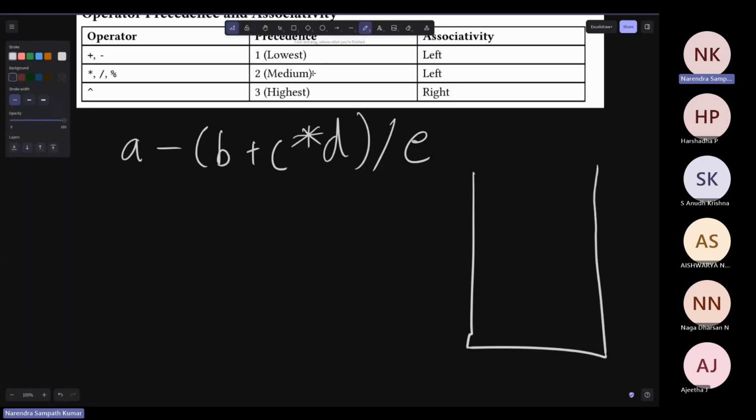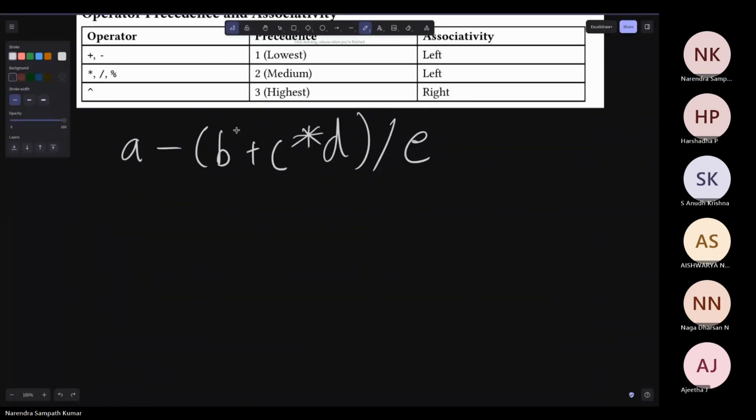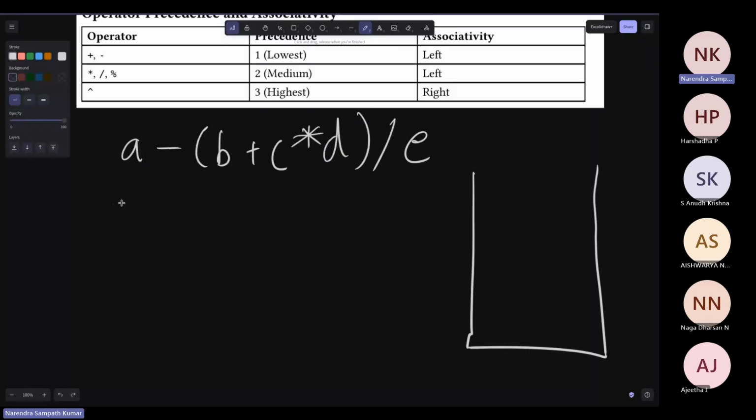Let's say this represents our stack. And then you just have the output, which is the postfix expression. So with all the operands, the variables or numbers in the equation, what you do is you just add them to the output as is. So operand A, add it. Operator, you add it to the stack,